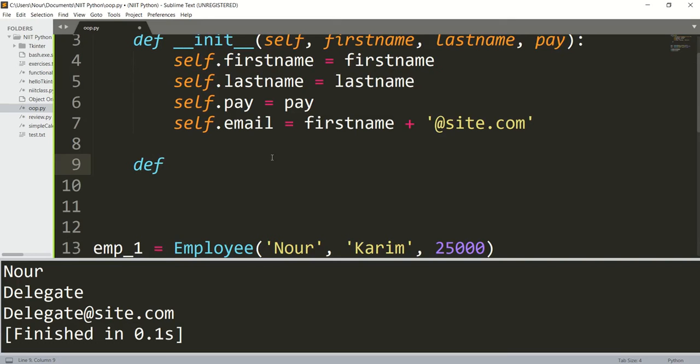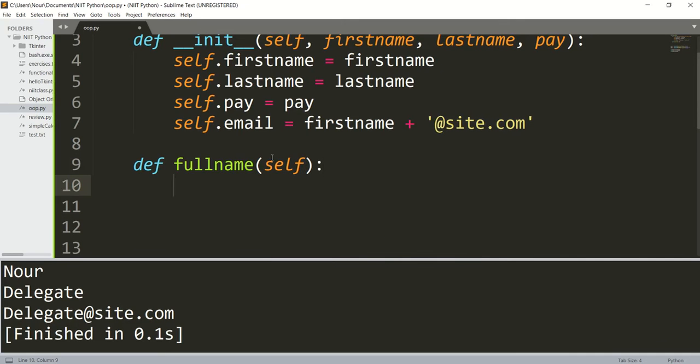So we say define. Let's call this function full name. We can call it anything, but it has to be as readable as possible. The first argument we pass in is self, but then we don't need to pass in any other argument, so we leave it like that. All this method is going to do is return the full name. So we just say return, and then we say first name,